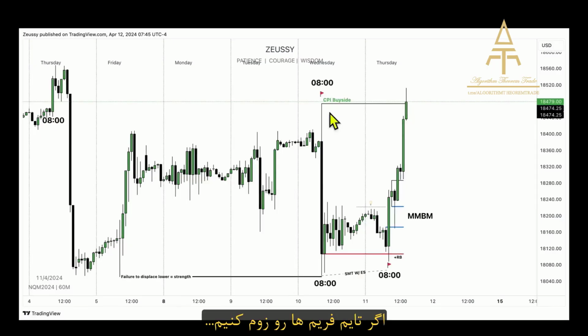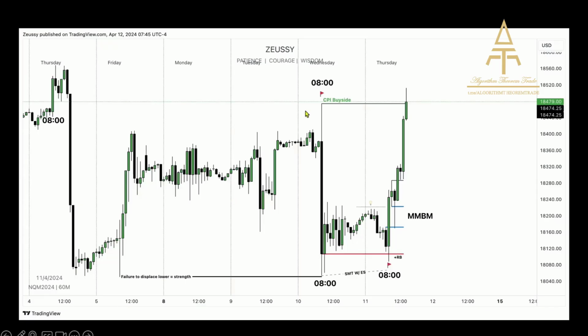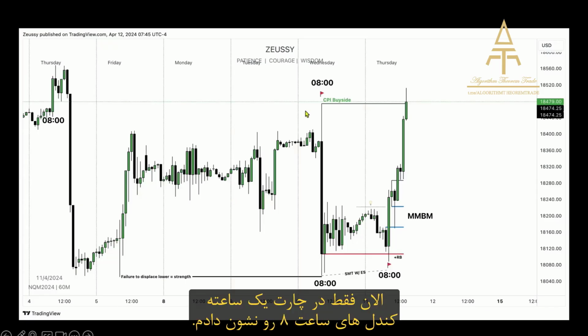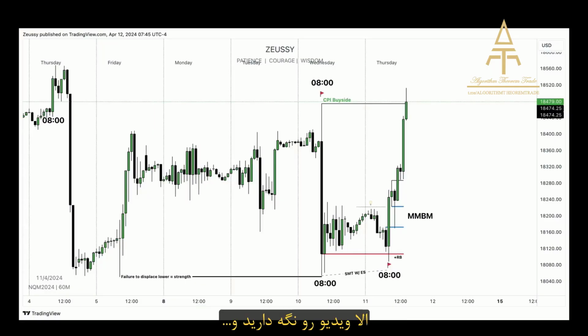So if we zoom in on the time frame now, we're going to take a look at time more in depth. We're currently on the hourly chart, and what I've done is I've annotated every single ATM candle. I'm just going to give you a second to look at this, and I want you to just pause the video and try to interpret what I'm sharing with you visually before I start explaining myself.